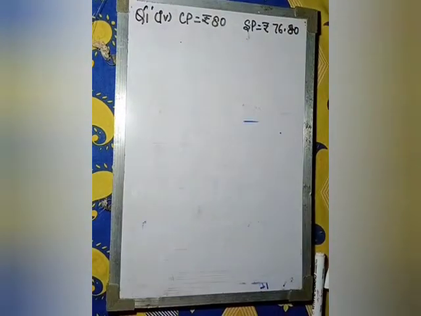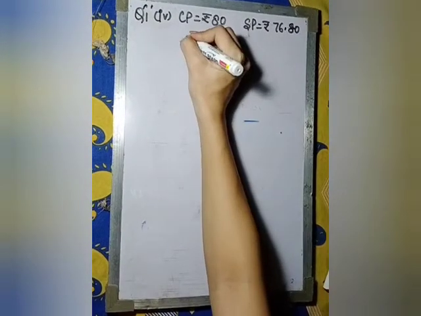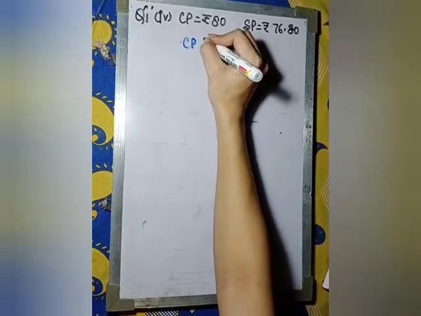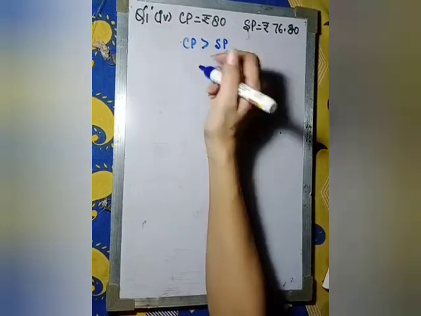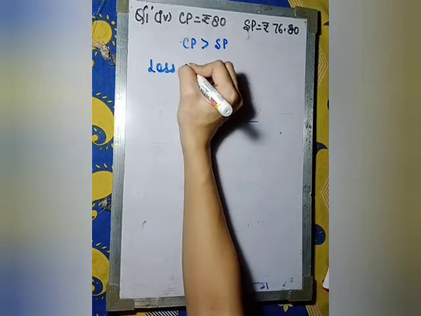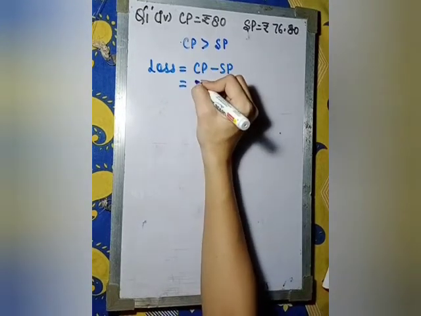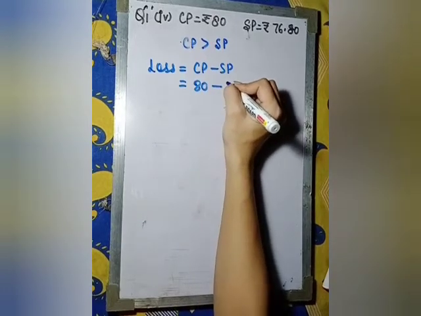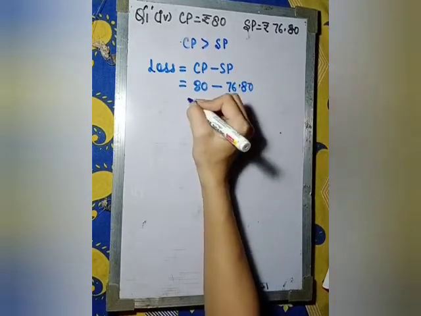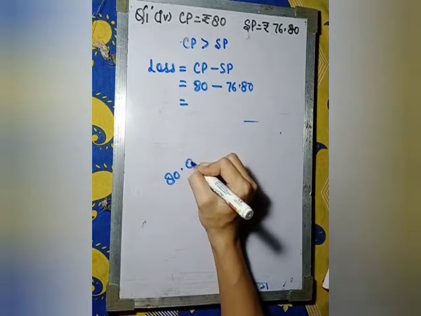Now we have to find the loss or gain percent. Okay. Now tell me, which is greater, CP or SP? This time CP is greater. When the CP is greater, that means the person has loss. It will be CP minus SP. CP is 80 and SP is 76.80. So when you subtract it, you will find